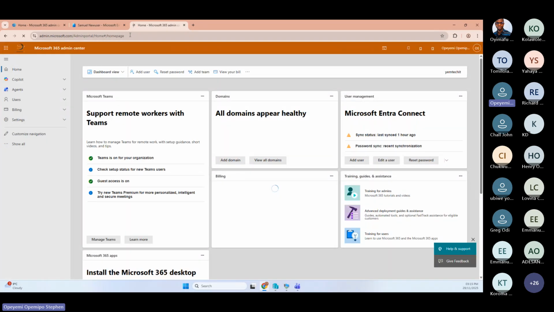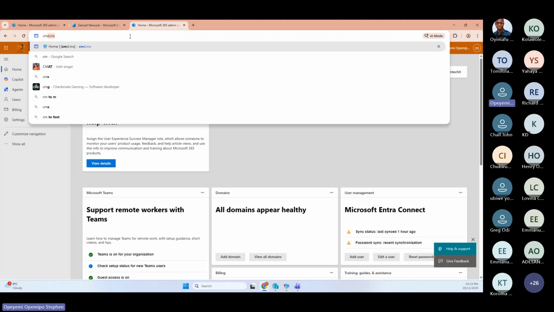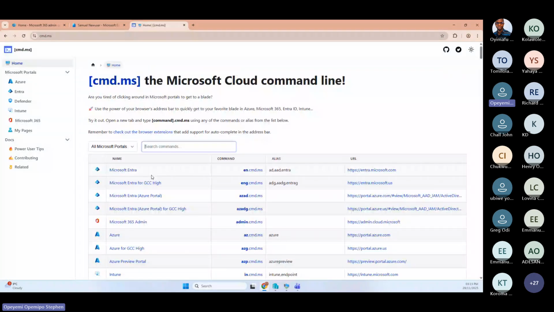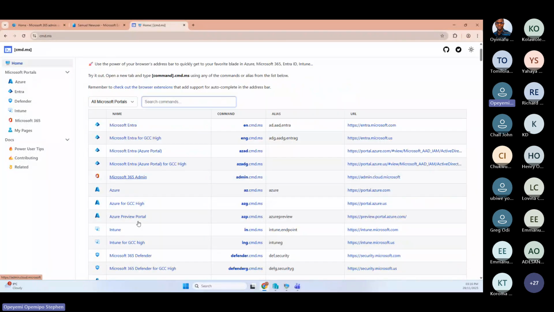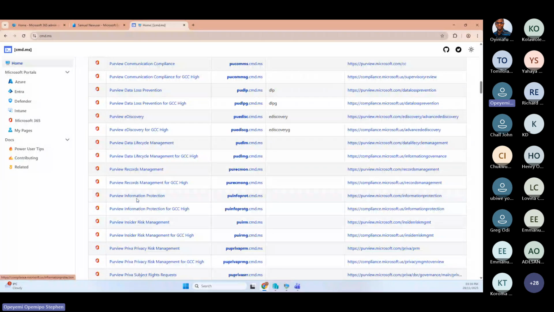And I think there was a time I showed you a particular shortcut where you have different admin environments to log in. You just go there, click on it, and it takes you there, which is cmd.ms. I think that was created by one of the Microsoft MVPs. So if you click on that and press enter, this will take you to this place where, if you want to log into Microsoft Entra ID, this is it. If it's the admin, this is it here. It has a lot here. You can use this, but this is not officially by Microsoft, it's just by somebody who actually